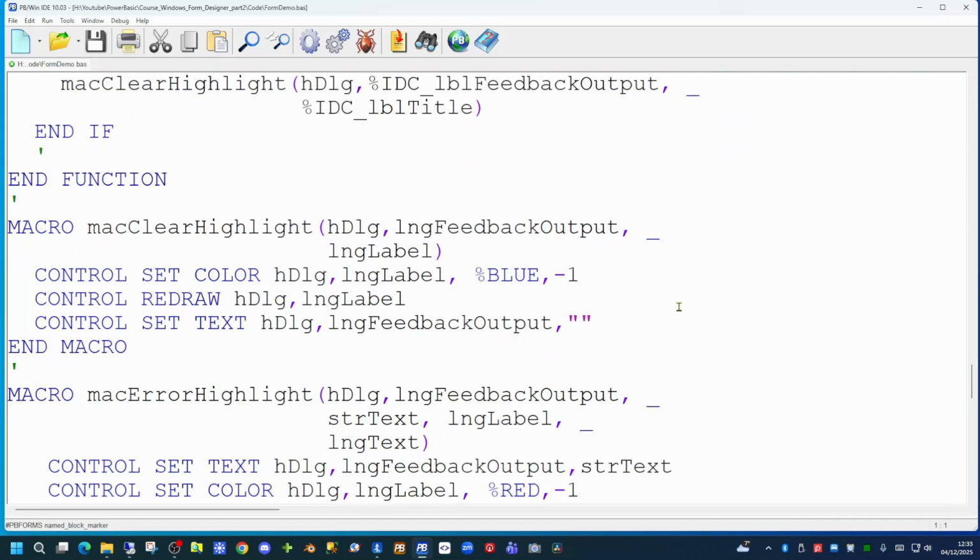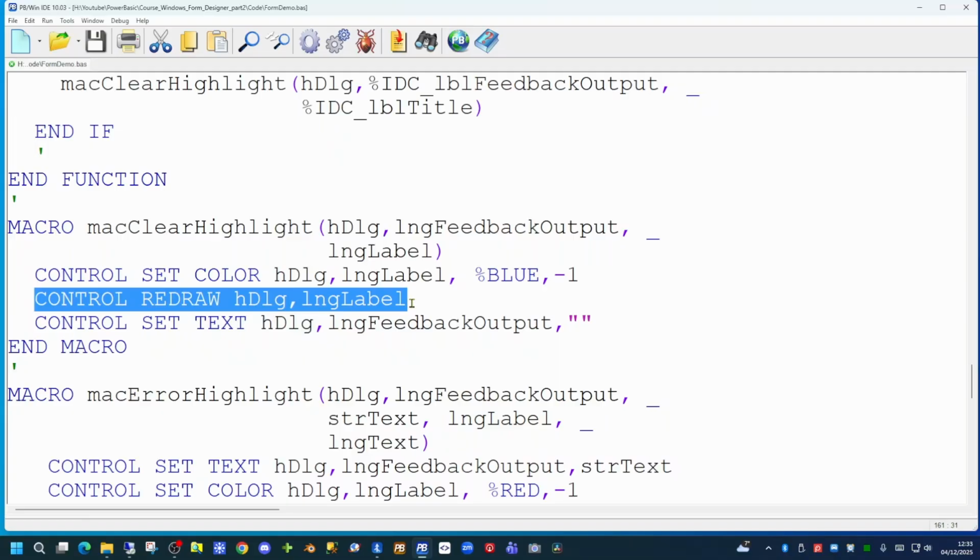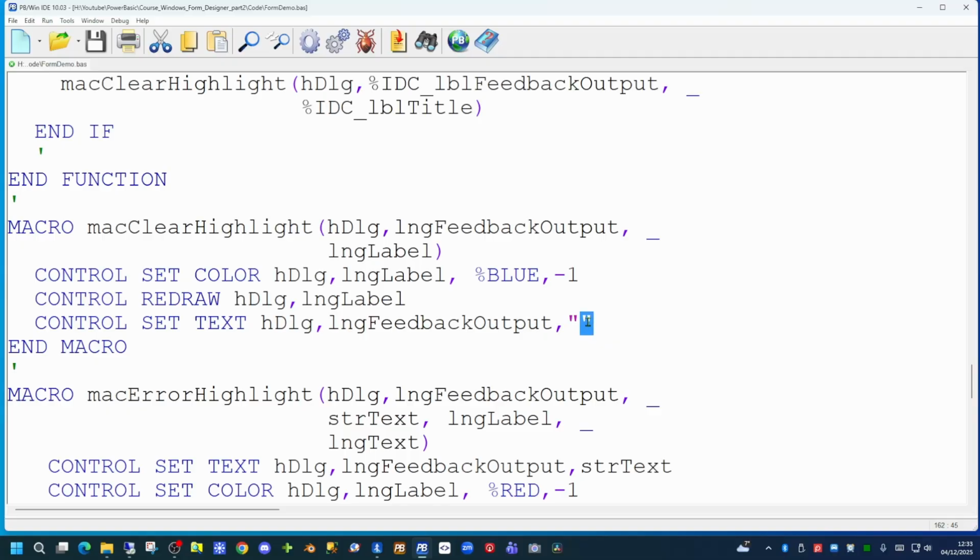This takes exactly the same approach, passing a number of parameters which we're going to substitute into, in this case, these 3 lines of code. We're setting the colour of the label back to blue. We're then forcing a redraw of that control, and then we're setting the control in the feedback section to be blank. So if we try running the code now,